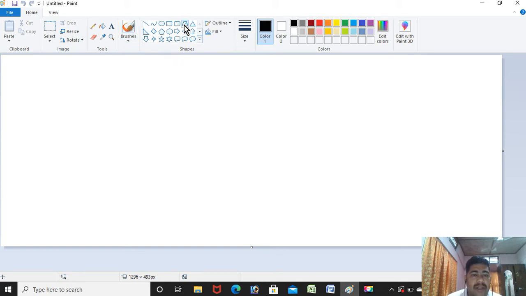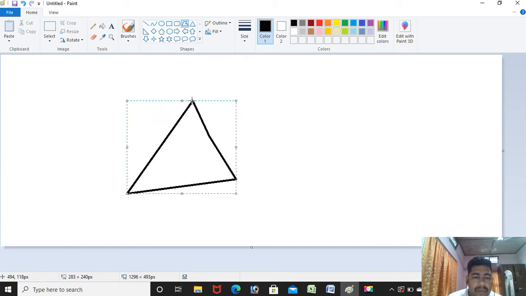When I click here, after selecting, I will bring my mouse pointer here and I'll click and draw here. Okay, see, I have drawn my polygon. This is my polygon. You can say it is a triangle also.